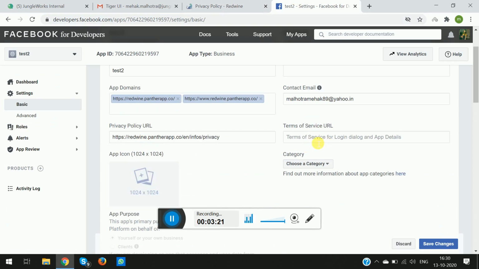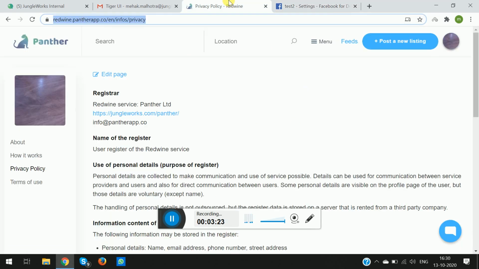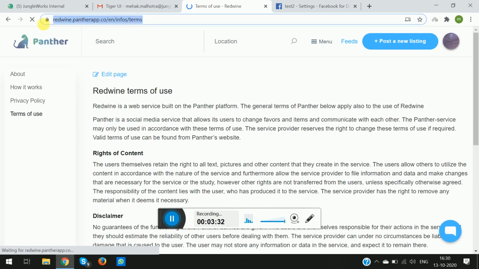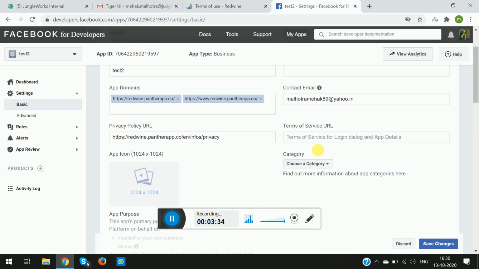Similarly, we have to put the URL for the terms of service, which again can be extracted from the Panther dashboard itself. You go to terms of use, copy this URL from here and simply paste it here.